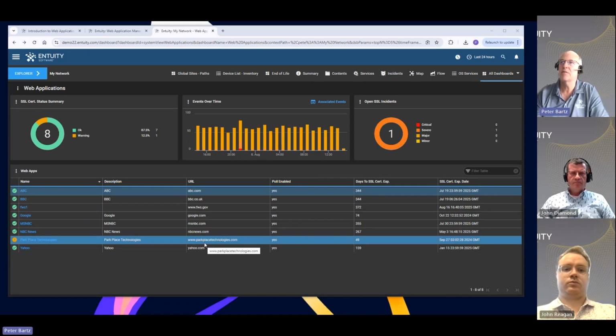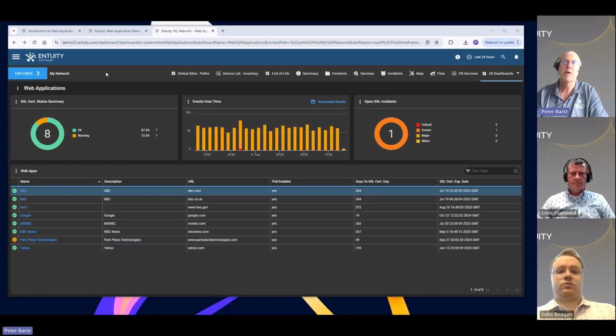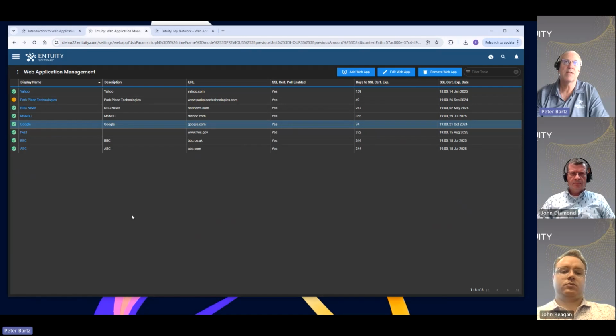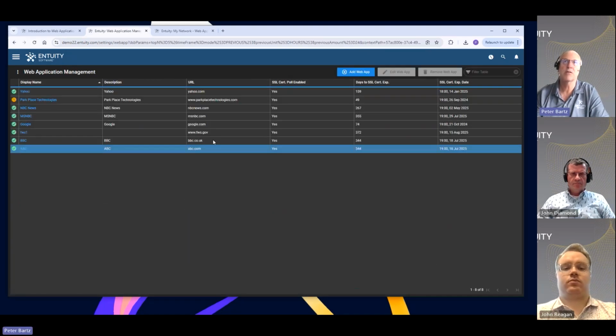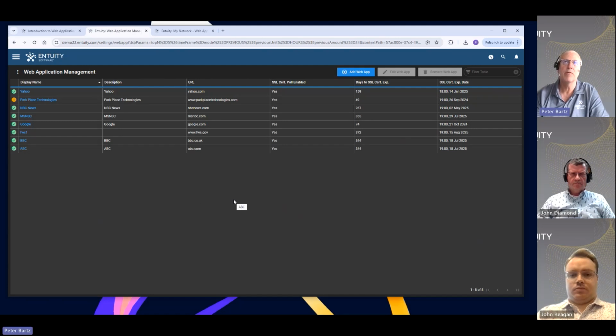I'll talk about some of the event management side of this and the alerts that we're actually generating. But in order to get this set up, the place that you want to start is going to be from the administrative pages. You'll see a new web application management menu here. Let's take a look at that, and let's look at the inventory of sites and URLs that I want to